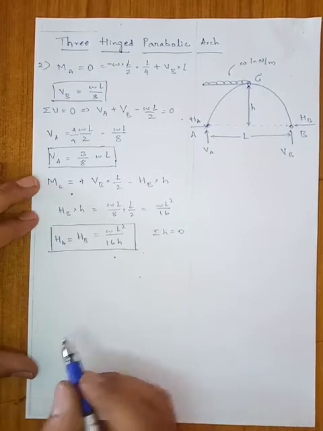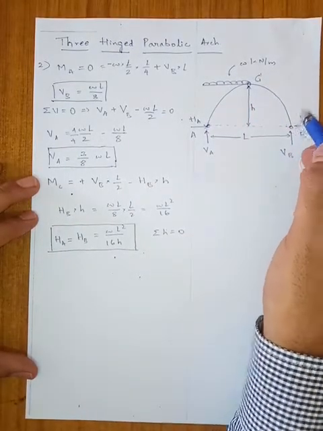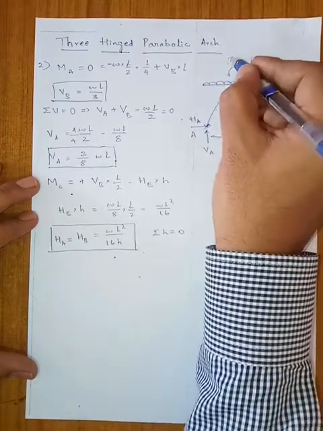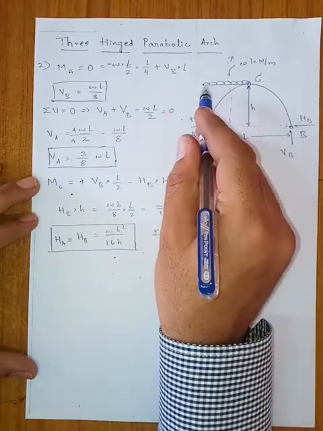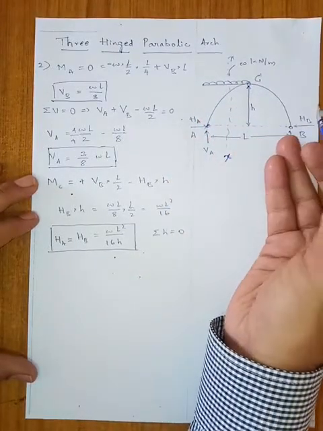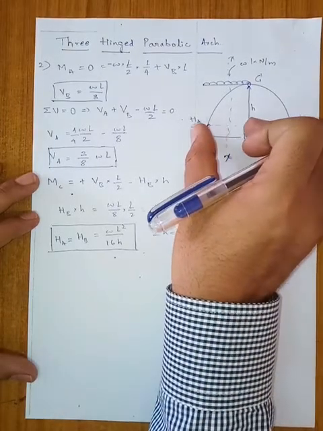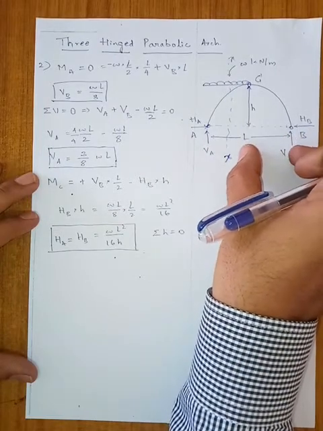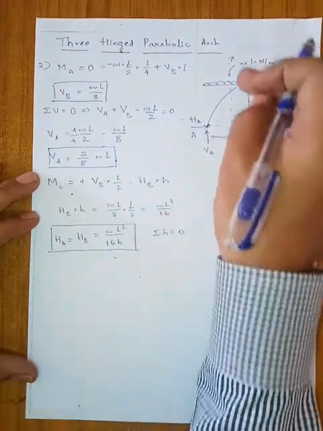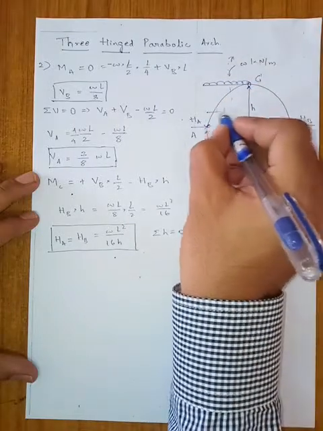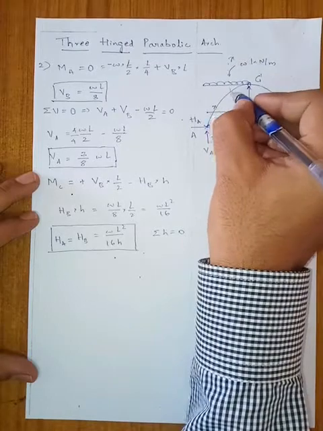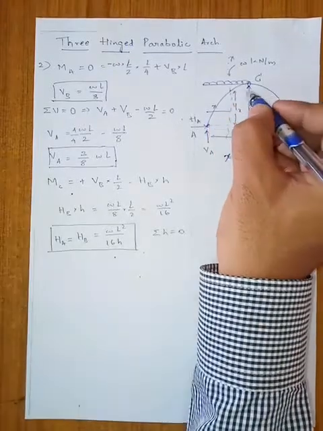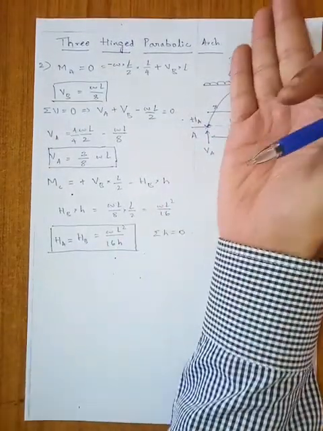Now to find the bending moment along this arch, I will take a section XX. There are two extremities: one is positive maximum and the other is negative maximum bending moment. You will get the positive maximum bending moment in the section AC and the negative maximum bending moment in the section BC. Let us see this. First I will draw a section XX at a distance x from A, and let the height be y of x. So what are all the forces causing the moment?